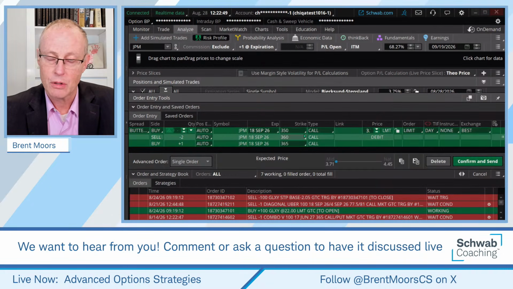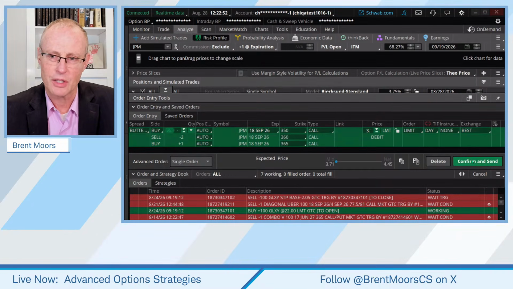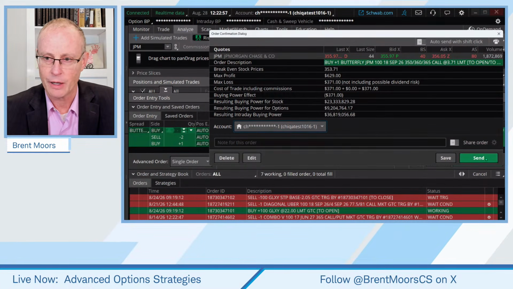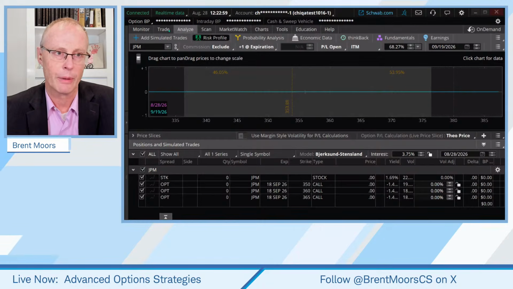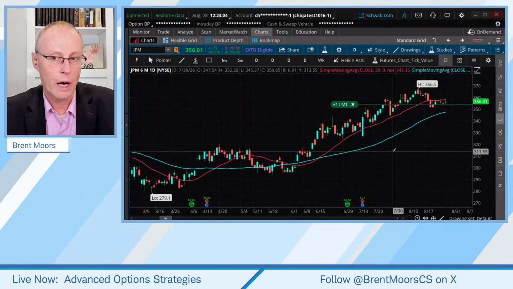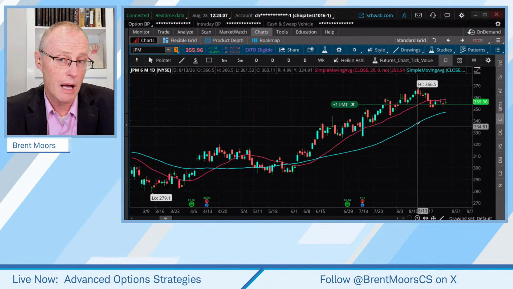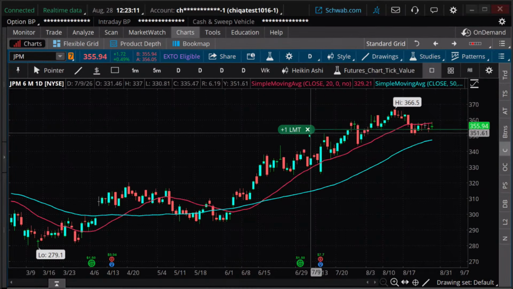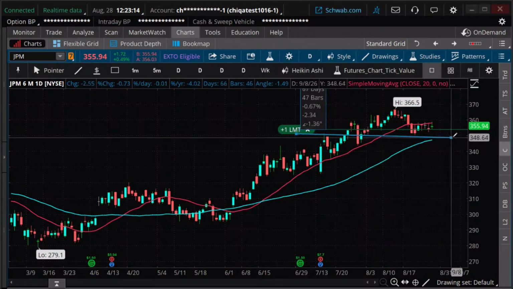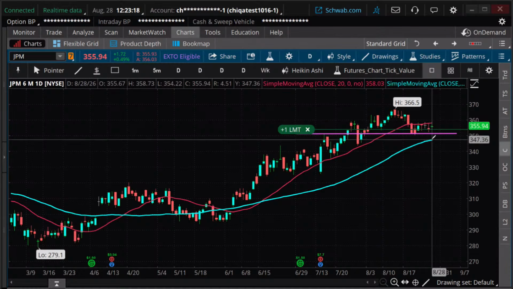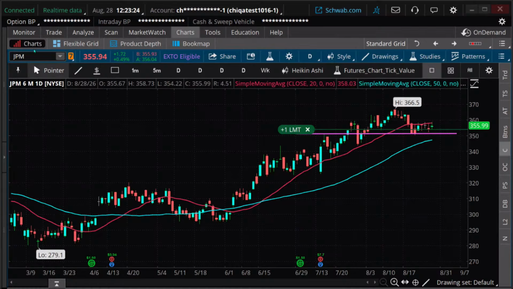So if I want, I'm just going to send this right now. I don't have groups out right now. I'm going to send, and there we go. It's thinking here. Okay, now let's look at this. Where would we possibly exit? Well, what if we consider this as a support level, right around 350 or so? If we break below here, maybe we look at an exit on that. And we can always do that.